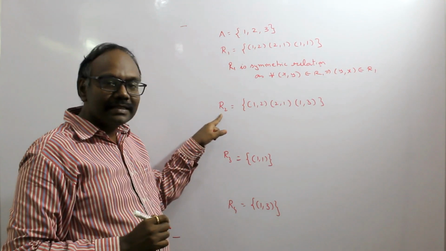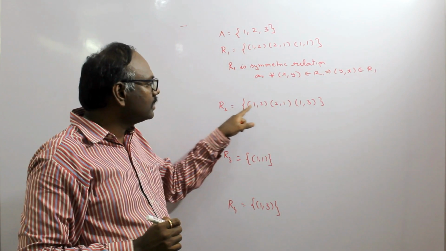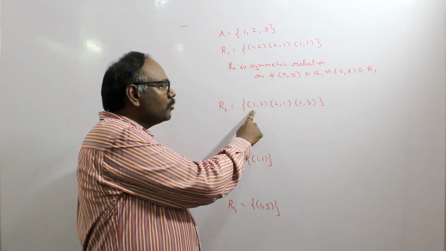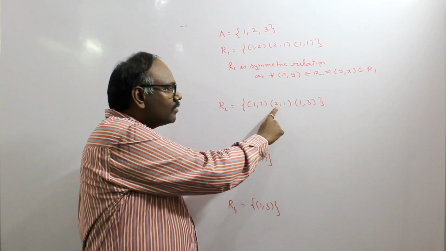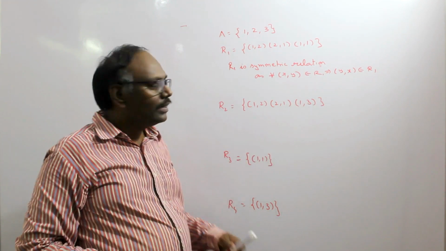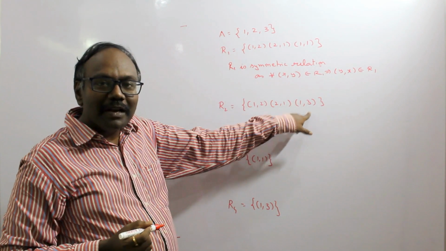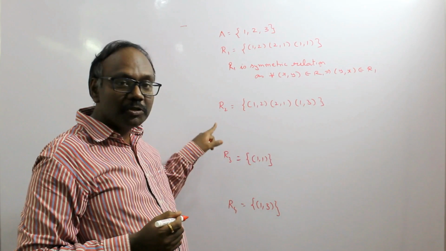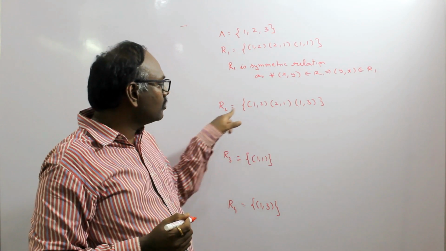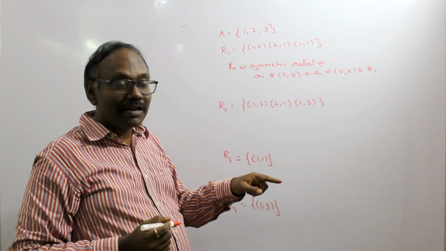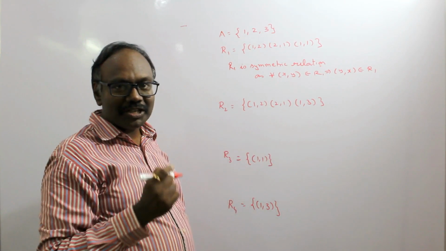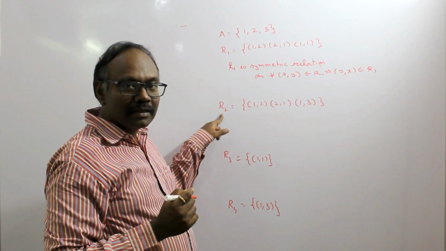Okay, let us see the second relation R2. R2 contains 1 comma 2, 2 comma 1 and 1 comma 3. If I swap the ordered pair 1 2, I get 2 comma 1, and if I swap 2 1 I get 1 2, but for 1 3 we do not have the ordered pair 3 comma 1. For R2 to be symmetric, 3 comma 1 should belong to the same relation R2. But since 1 comma 3 belongs to R2 but 3 comma 1 does not, R2 is not symmetric.